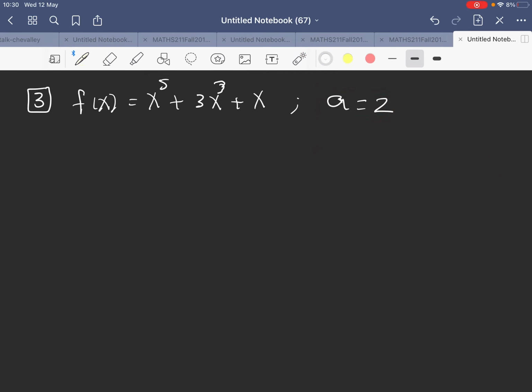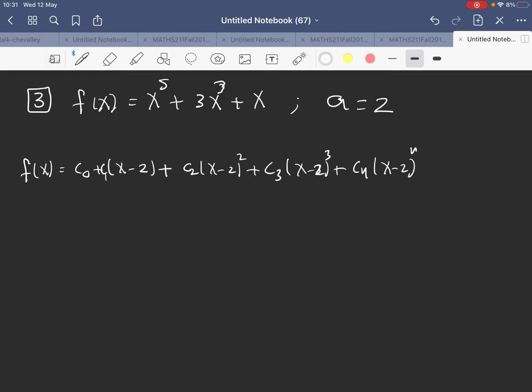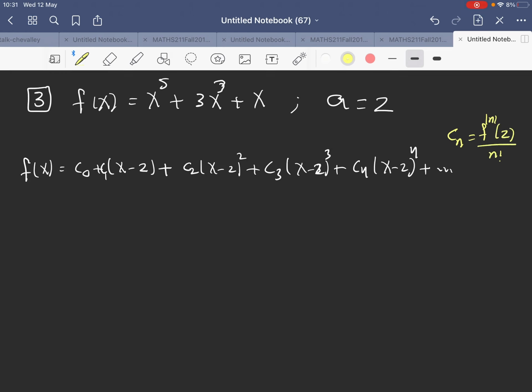Now, what we need to do, Taylor series, we need to write f of x equal c0 plus c1 (x minus 2), because 2 is the center, plus c2 (x minus 2) squared, c3 (x minus 2) cubed, c4 (x minus 2) to the 4th, and so on. And as we did last time, in order to find what is Cn, we need to find the derivative of the function,